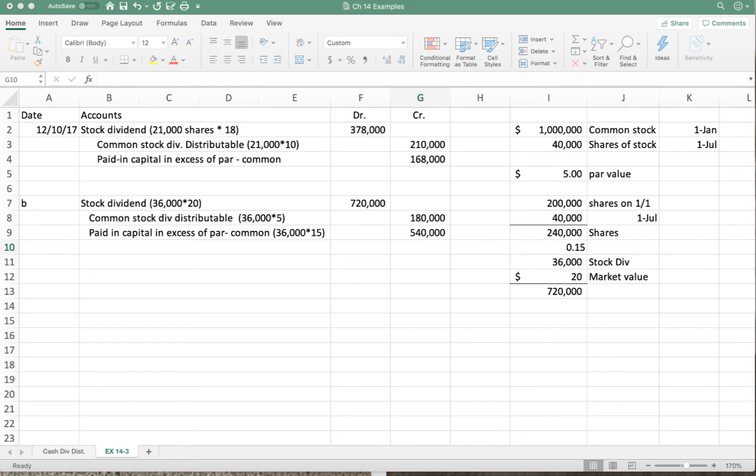Bear with me here, I clicked off it on my ebook. Okay, so what we're going to do now is another example of dealing with stock splits. On exercise 14-4, we have